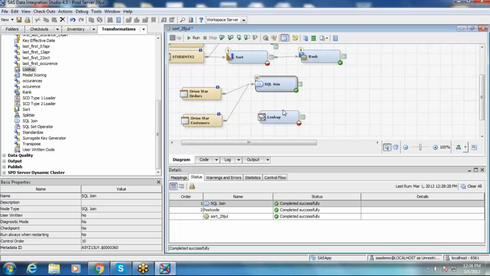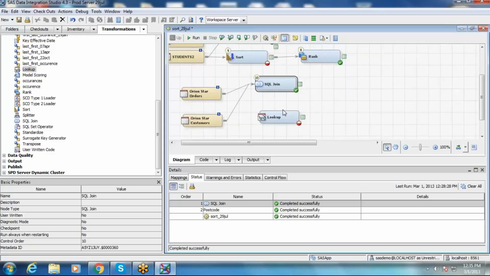That is lookup. So why SAS Institute came up with the lookup transformation is that unmatched records cannot be routed to other tables in the SQL join transformation, whereas in the lookup transformation unmatched records can be routed to other tables. They are called error tables or exception tables. That is one.